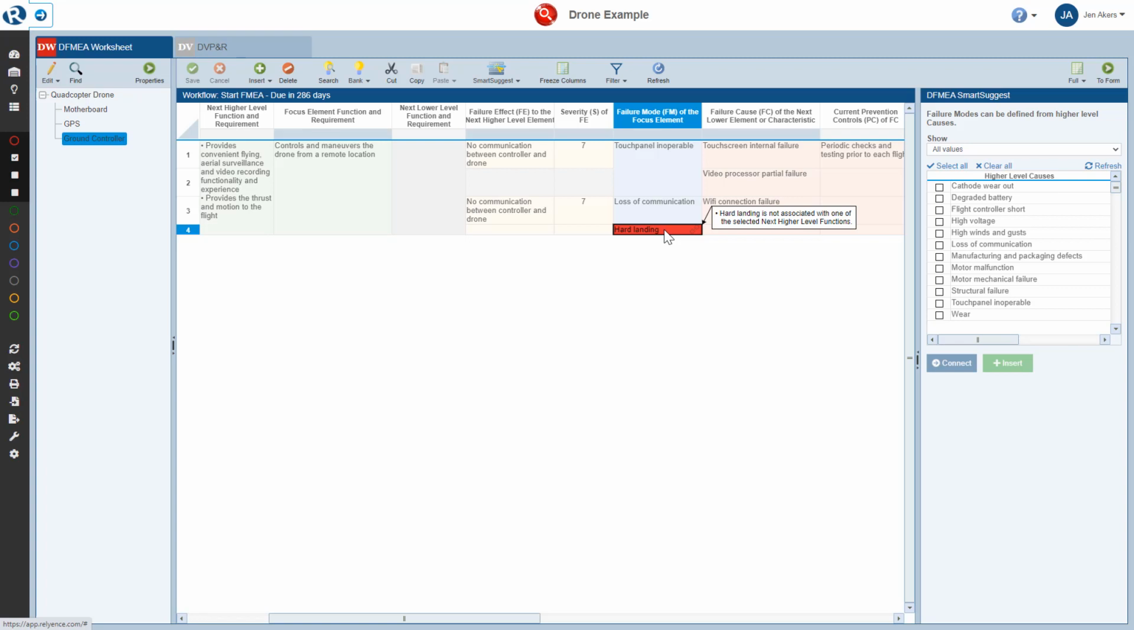You may, for example, revisit the data and reconnect to another suggested value, or you may opt to disconnect from the linked record and then modify the value as needed, or you could certainly delete the record and then revisit the FMEA by entering alternate data either via SmartSuggest or